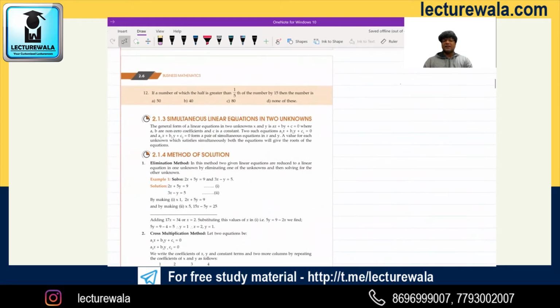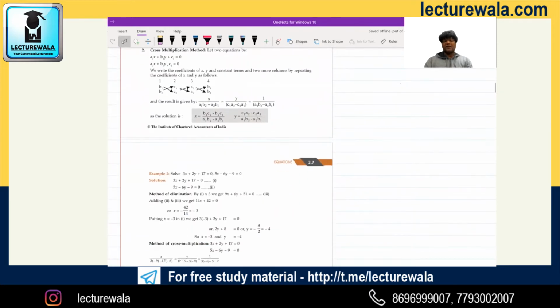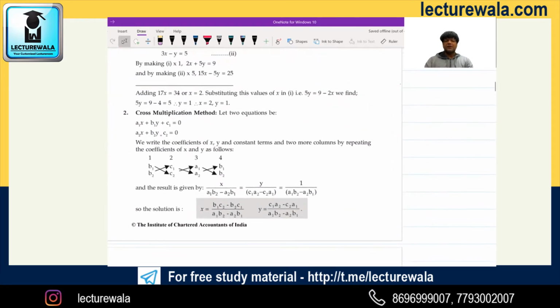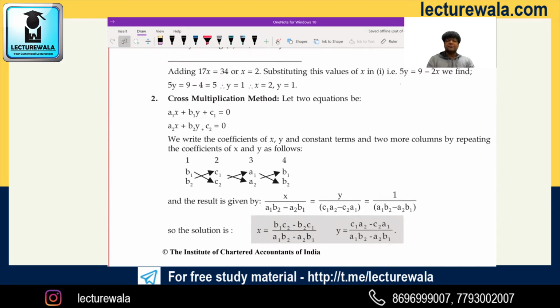Now, guys, simultaneous linear equations and methods of solution: cross multiplication method, elimination method. Guys, forget these methods. You don't apply these methods. But yes, remember their formulas, because they can ask you theory questions. What is the cross multiplication method? If these are the two equations in terms of two variables, x and y, and you have to solve for x and y, simultaneous equations, which method? Cross multiplication method. The number behind x is a1, the number behind y is b1. Guys, these a1 and b1 are with sign. c1 also with sign.